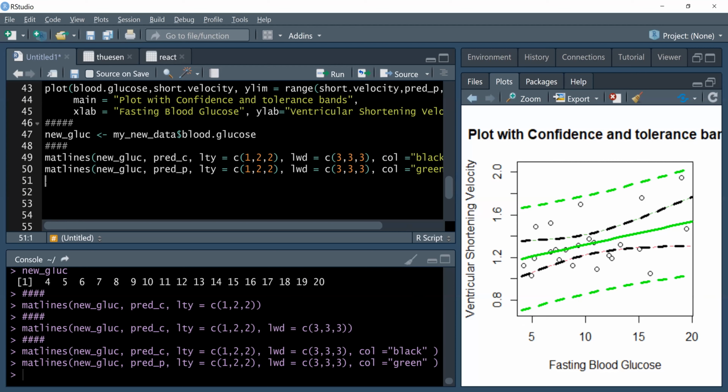Then you can make your diagram much more informative by adding a legend. You may want to add a legend or a key so that somebody who reads your diagram can understand what the green line represents, or the black one, and so forth. So this is how you go ahead and add a legend to your diagram, or a key. A legend is what some people call a key. So legend,